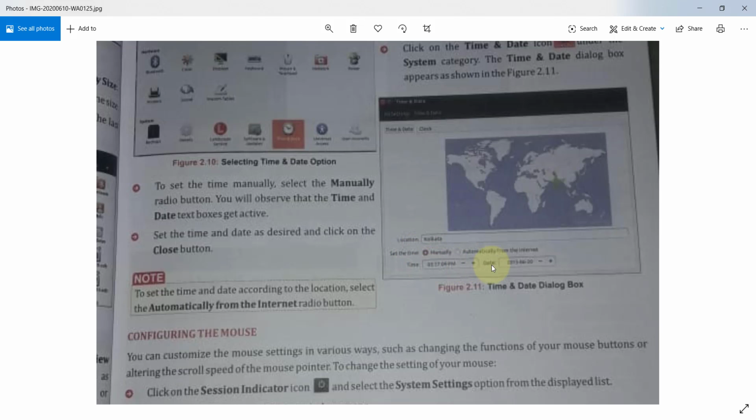This is the time and this is the date. Clear? And this is the location. Your location is, our time is measured from Kolkata, so the location should always be set to Kolkata. Clear? And also you can change the time and date. This is the dialog box.